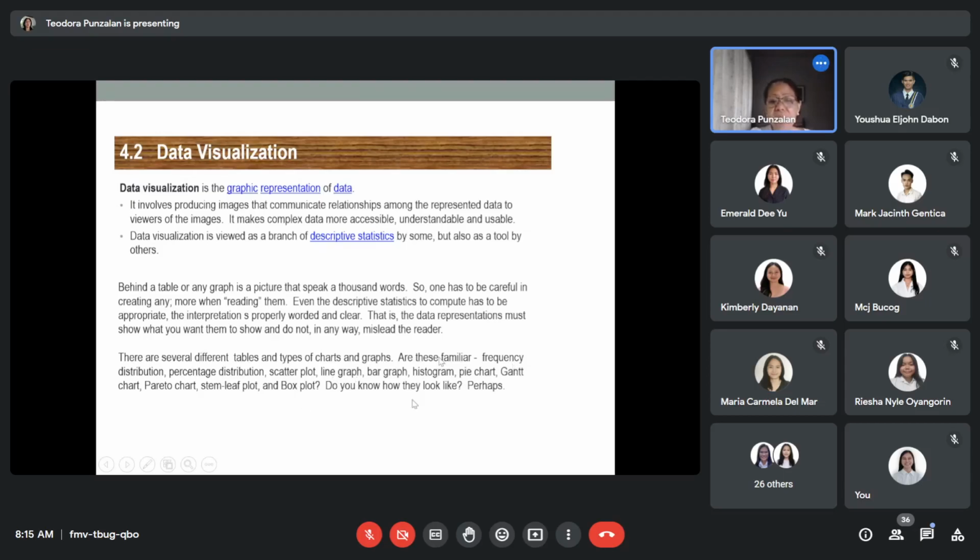So your range. Okay? Know more about the box plots because SPSS, it has box plots. It can produce box plots. Click mo lang, tapos just mention the